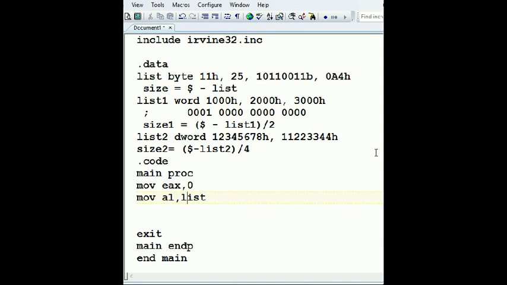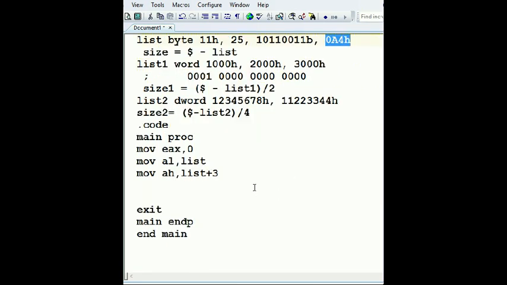To AL, and move to AH. I want to move list plus 1, or which one? Let's move this, because in this I'm gonna move those. I'm gonna move this to AL and this to AH, but now let's put 3. So I'll move what? 11 hexa and 04H hexa, and here we'll do call dump register,